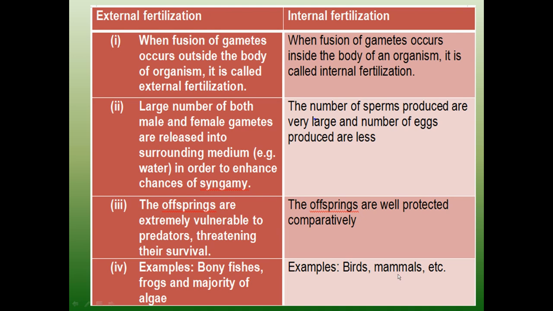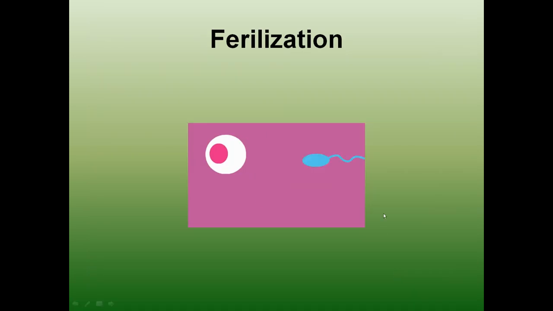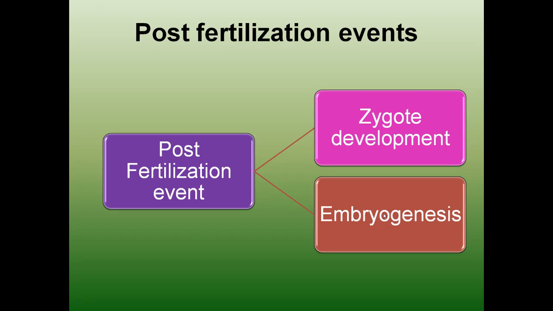Okay, this is a beautiful animation which represents the process of fertilization, how the egg is going to meet the sperm, and ultimately diploidy is achieved in the zygote. These egg and sperms are haploid cells, and when the nuclei of these cells fuse, the zygote is going to be produced, which is diploid in terms of chromosome content. Okay, now move to the fertilization events.